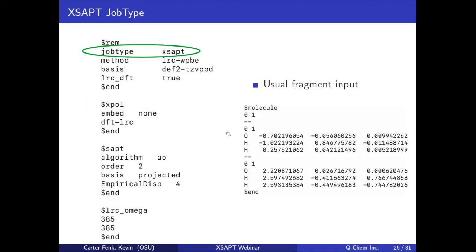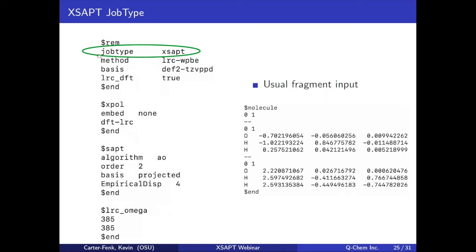So we take our usual fragment input, and for those that don't know what this looks like, the charge and multiplicity of the total complex is listed first, followed by 2 dashes to indicate the start of a fragment input, and then the charge and multiplicity of each fragment follows in the standard notation of the $molecule section. So there are 2 fragments here. This is water dimer, and this is what the XSAPT